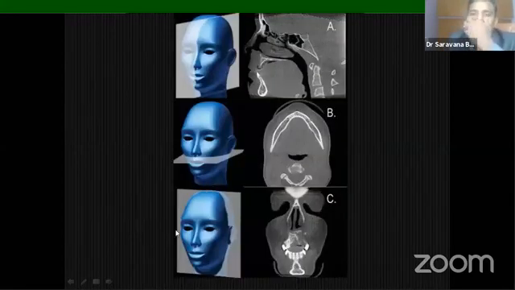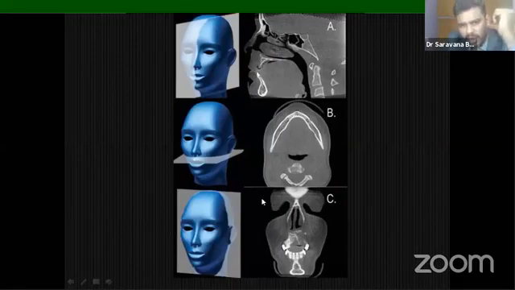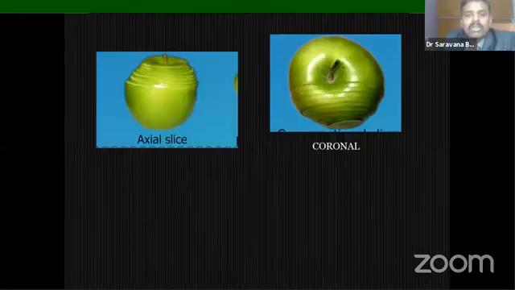Okay, so now I have put some pictures to get your coordination into which slice you are seeing. A is sagittal slice, B is axial slice, C is coronal slice. Okay, A is a cut taken at the center, the sagittal slice, B is axial slice, C is coronal slice. Okay, going from front to back. So your axial slices will be like this, coronal slice will be like this.